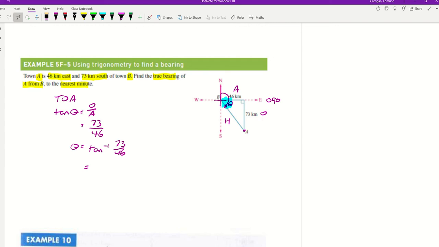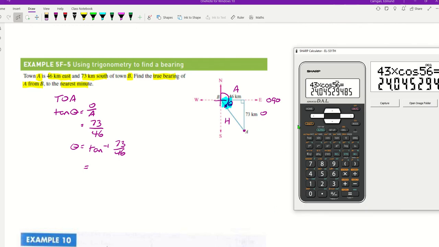Going to our calculator, we want our second function, tan, and then I'm going to use brackets as best practice, 73, I'm going to use my fraction over 46, close my bracket, equals